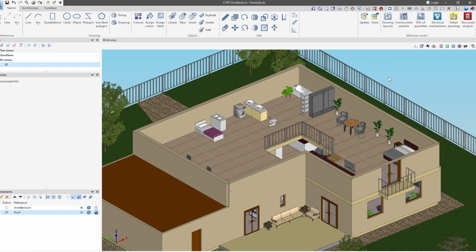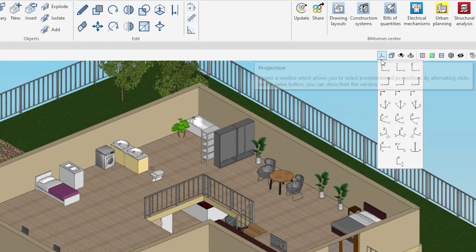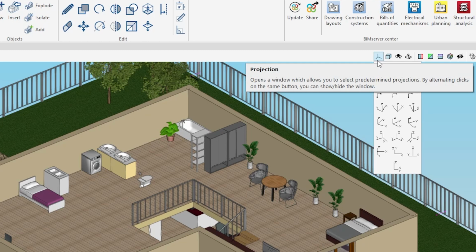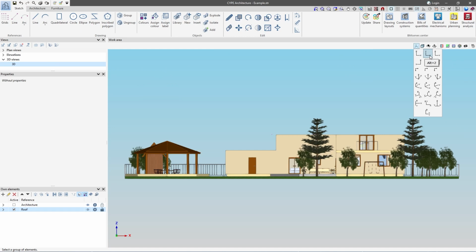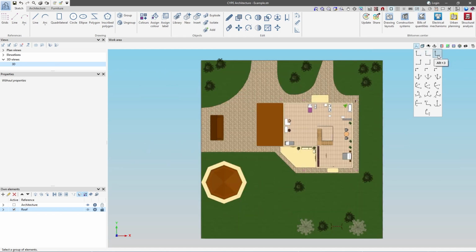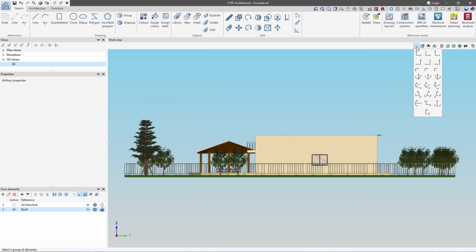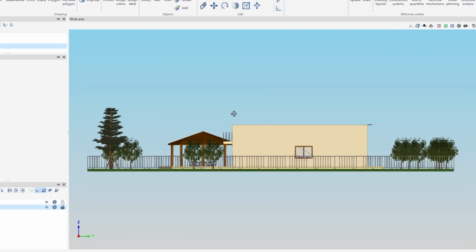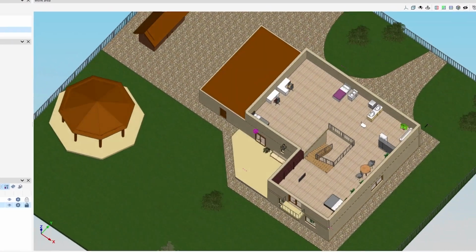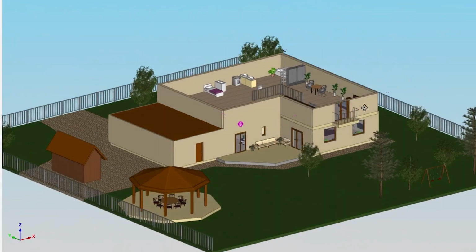We can also work in different views or in a 3D environment. From the projection tool, we can modify them according to our needs. For the elevation, floor and section views, there is also the Alt +1, 2 and 3 shortcut respectively. If we want to orbit the model, we press the Shift key and the mouse wheel, and while keeping them both pressed, we then drag the cursor.